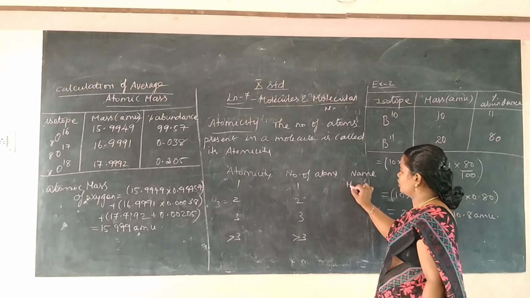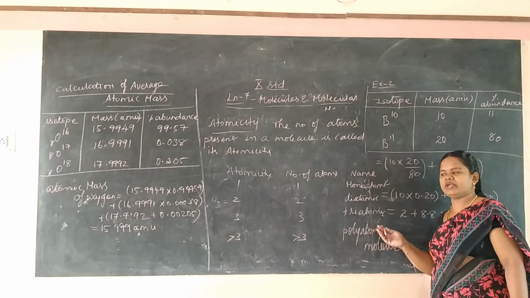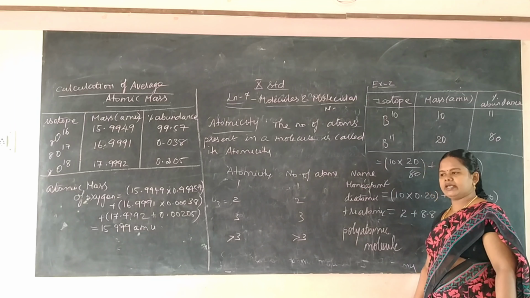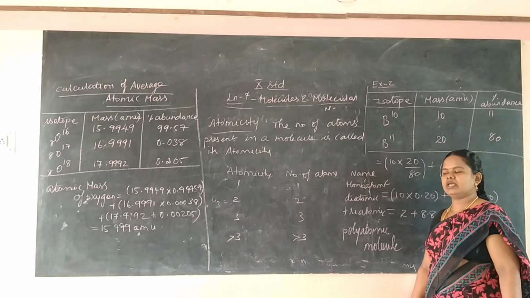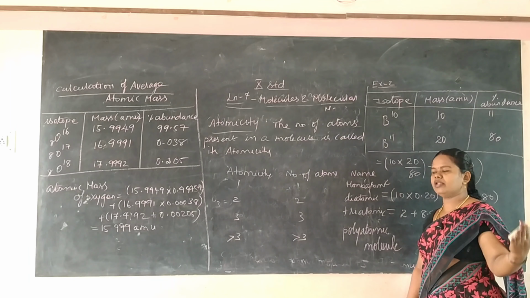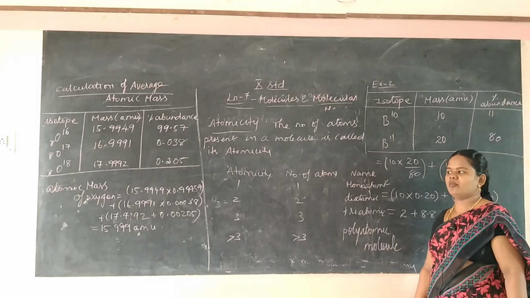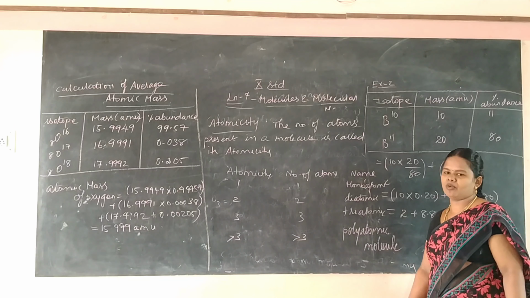Polyatomic molecule. So in this you can expect 3 short answers: what is a homoatomic molecule, what is a heteroatomic molecule, what is atomicity, and the examples can be asked in one word. In all the question papers you can expect one word from this. Examples of homoatomic or heteroatomic molecules will be given and they will ask you to identify the homotriatomic molecule or heterotriatomic molecule. So this is the one word that you can expect from this topic.